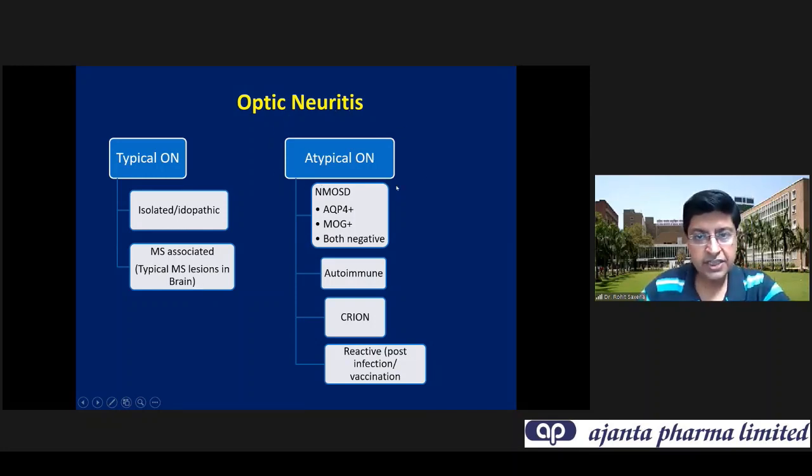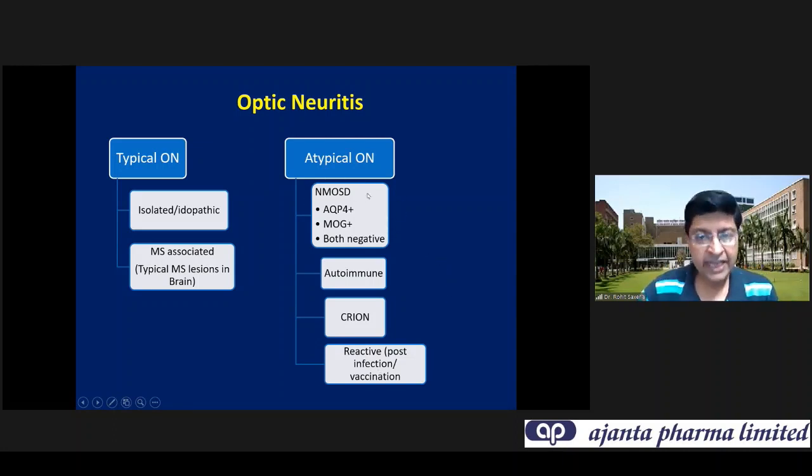If the presentation is atypical, again, typical and atypical are based on their clinical presentations and give us an idea as to what could be the possible etiology. It does not mean that typical optic neuritis presentation may not have any of these possible causes or associations, or atypical optic neuritis may not be demyelinating in etiology. It is essentially that most likely typical is because of this, and atypical you start thinking about all these things and not just a demyelinating optic neuritis.